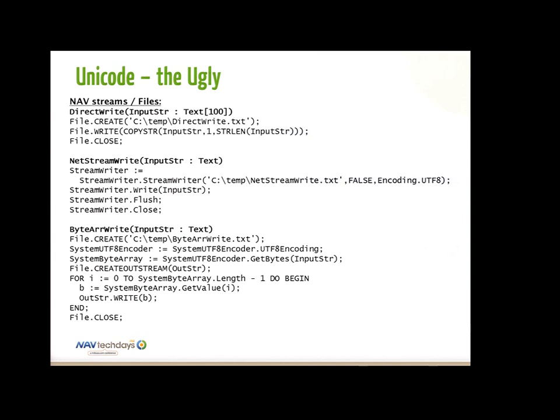So if you have Unicode, XML ports and so on still work with Unicode. But this is specific to the file object and stream object. So you can either do as I did here, create a .NET stream writer, and this is one of the nice things about 2009 that you can write .NET or use .NET types, or you can go a step further and actually create a system byte array